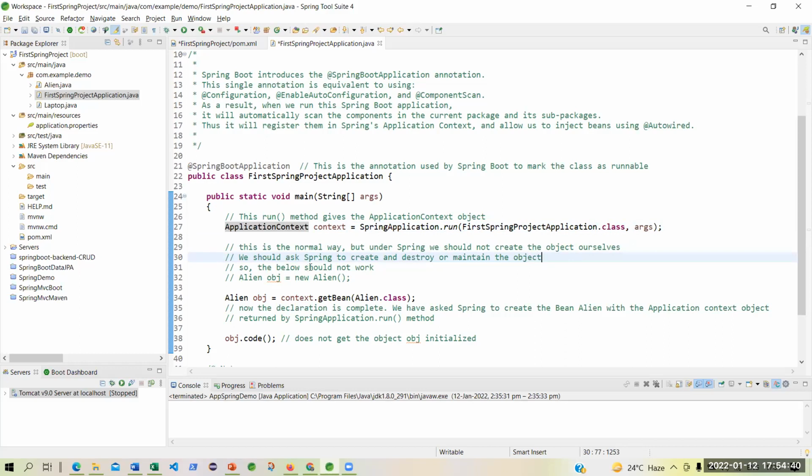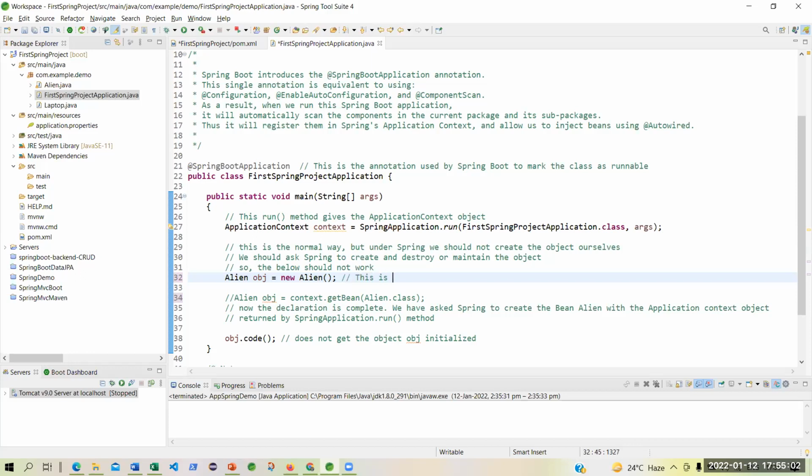So the below should not work. If I try to do this, will it work? No, sir. Even if it works, I will not do this, because this is the Java way.